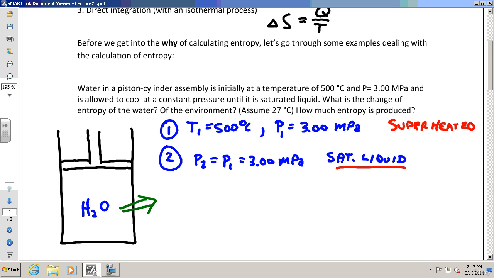The increase in entropy principle certainly makes sense. The only way it could be 0 is if it was reversible. If this thing goes from sat vapor down to pure liquid, would it spontaneously go back to sat vapor, to all vapor? Like poof, it's back to vapor? That doesn't make any sense, right? So no, this is definitely not a reversible process. So we definitely have a positive total entropy produced, okay?